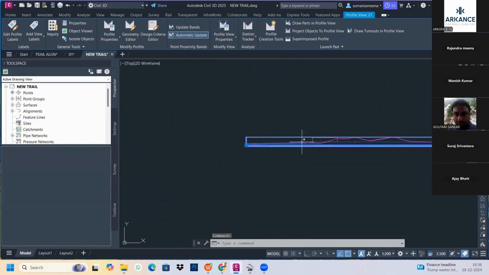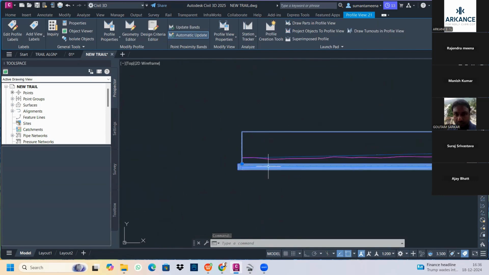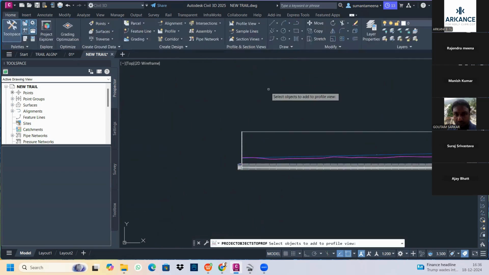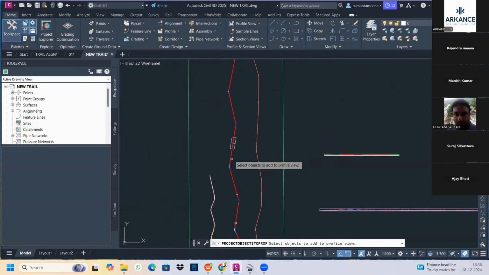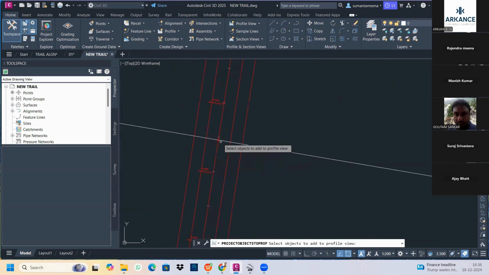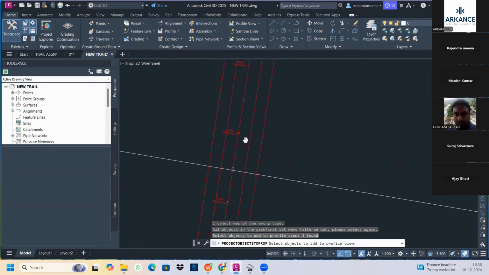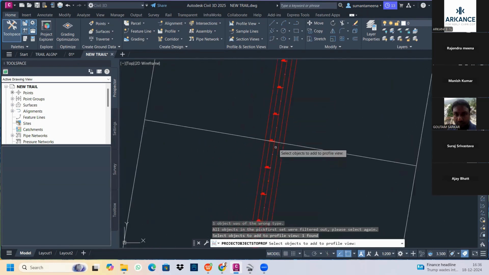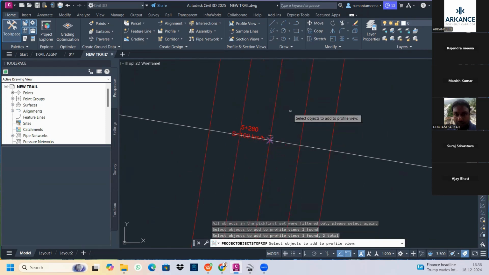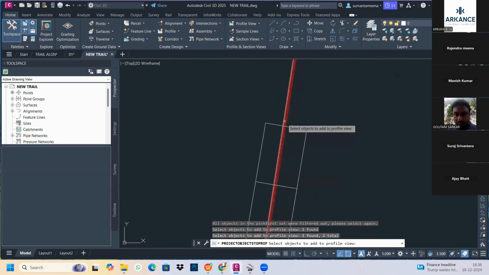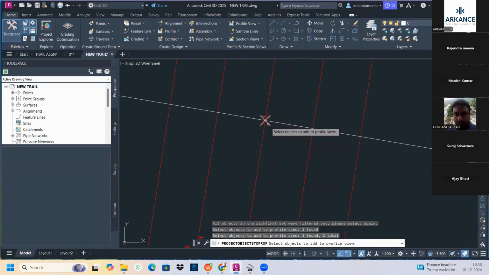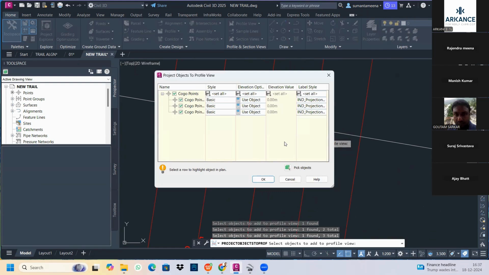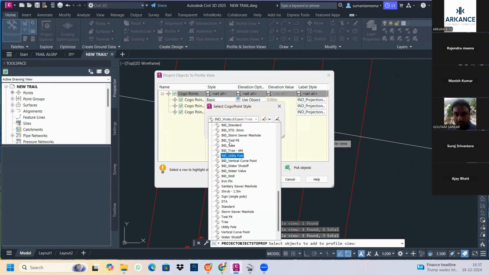सेलेक्ट प्रोफाइल व्यू, जो आपका ये ग्रिड है इसको सिलेक्ट करना है। देन यू हैव द ऑप्शन, प्रोजेक्ट ऑब्जेक्ट टू प्रोफाइल व्यू। देन सेलेक्ट द पॉइंट्स। ये आपको सिलेक्ट करना है, फर्स्ट, देन मिड पॉइंट, दिस वन, और दिस वन, राइट।